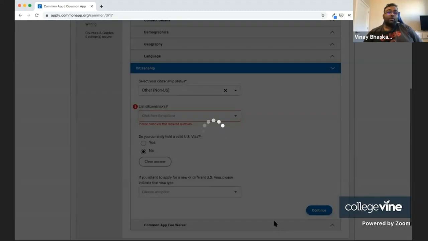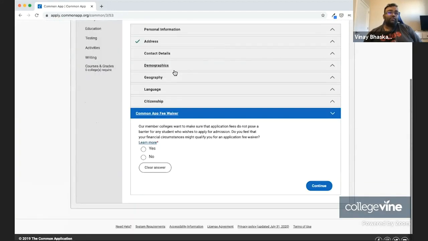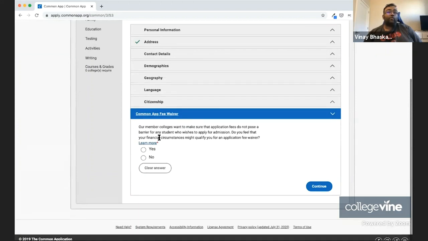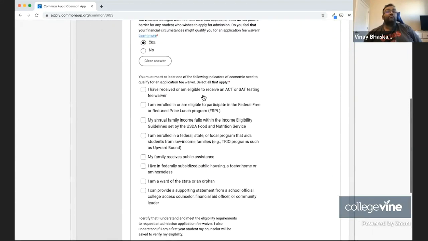Okay. Then the next and final section in this profile piece is your Common App fee waiver. And so there's a few circumstances that would allow you to avoid the application fees from colleges. They vary. Some of it is if you've received a waiver for fees from other parts of the admissions process, like receiving an SAT or ACT testing waiver, participating in the federal free and reduced price lunch program,